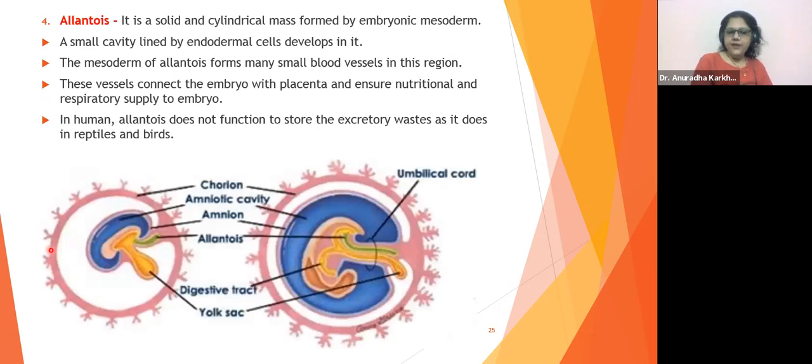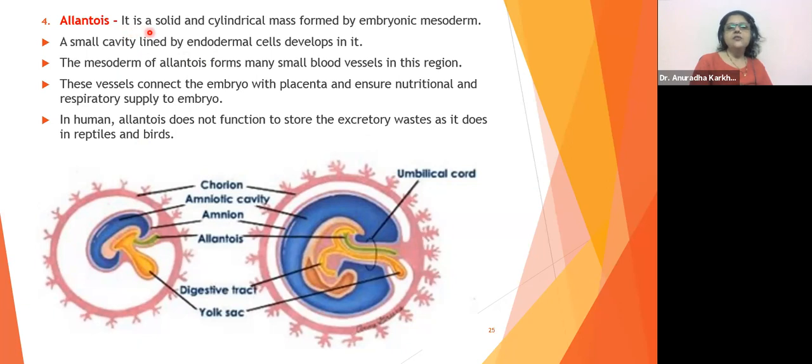So in this diagram you can very well see this is the chorion, pink color one. This is the amnion, blue color one. Okay, this one is the cavity, of course. And this pink over here, this ring-like structure or the C-shaped structure that you can see, the C-shaped structure is going to be your amnion. Look at this. This is the yolk sac, and this yolk sac has become tubular now. It started to become tubular, right? And here you can see a green color structure which is called as allantois. So let us understand what is this allantois first.